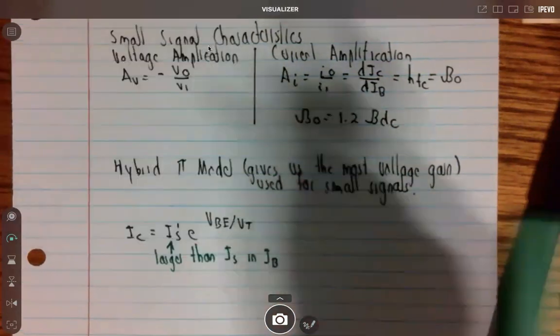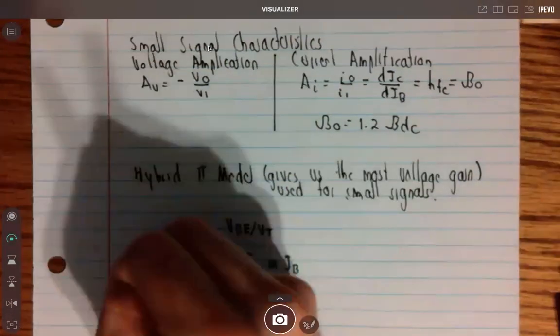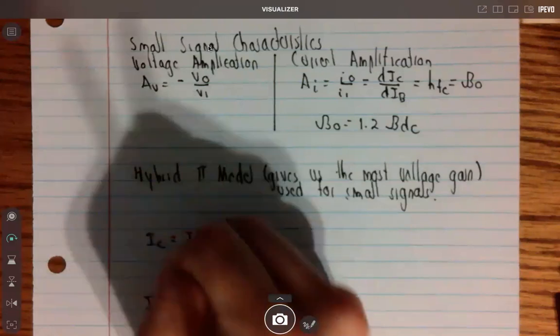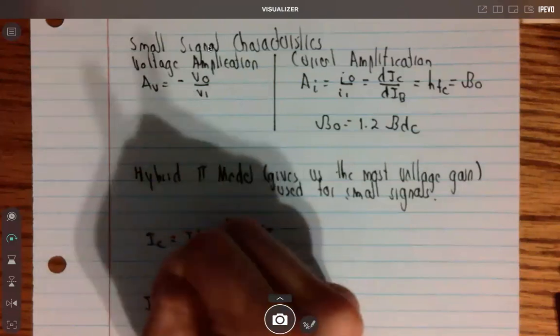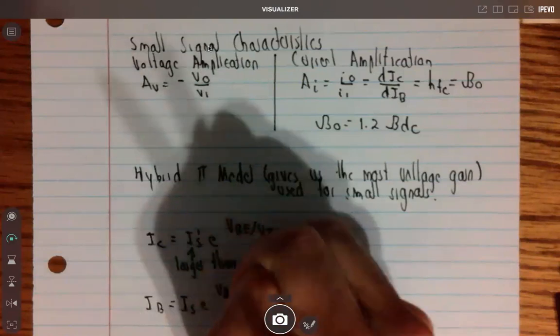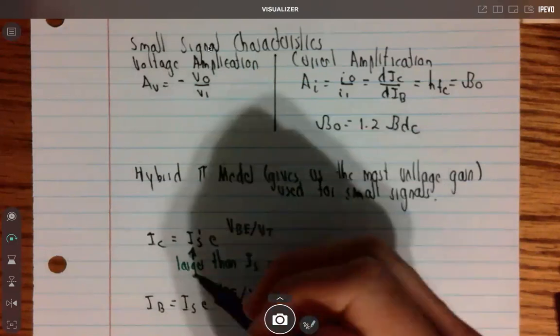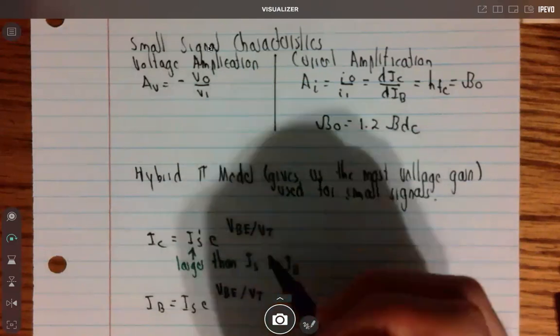And then we have IB is equal to exactly the same thing, like a forward bias diode. So it's equal to IS times e to the VBE over VT. And so the only difference here is that we notice that the saturation current, we can keep the same, but